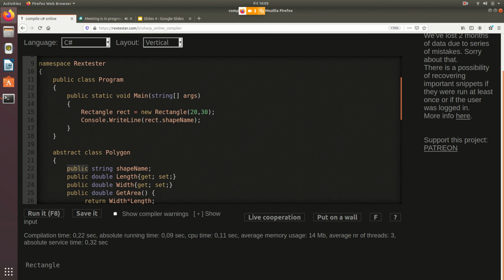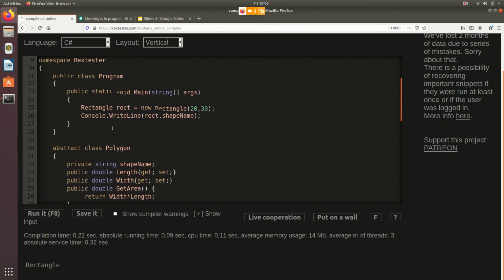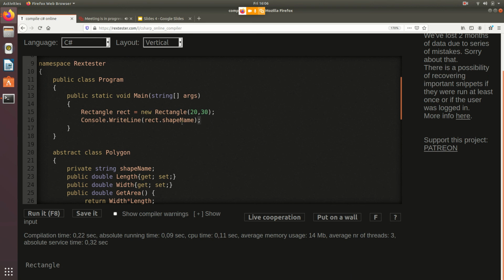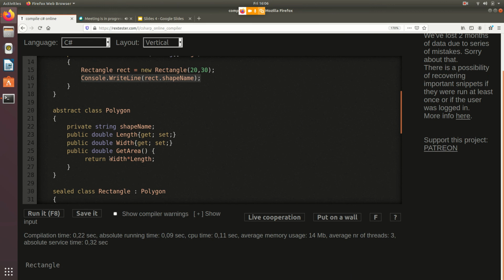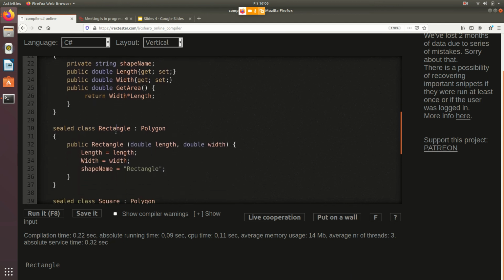I could make it private, in which case it's accessible inside polygon, but not inside rectangle, and not inside any other class. But what if I want a property that's accessible inside the class itself, and accessible inside any class that inherits from